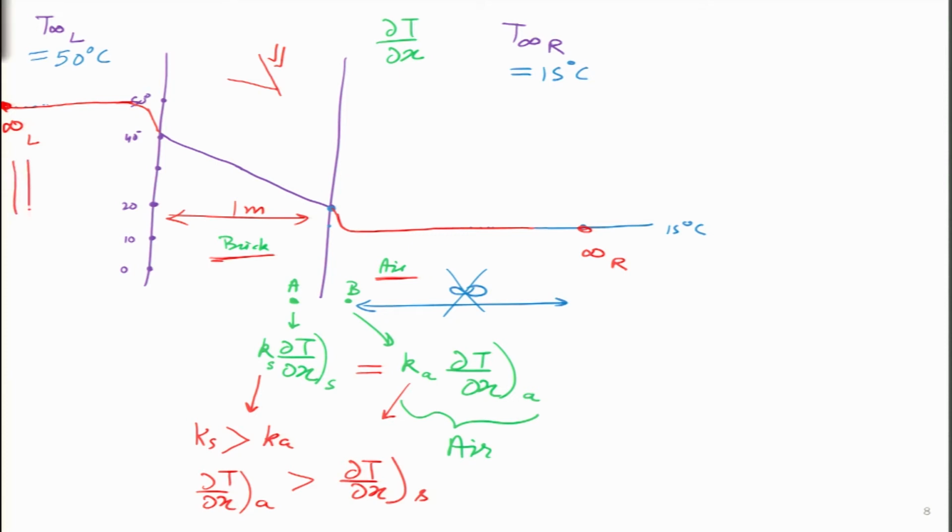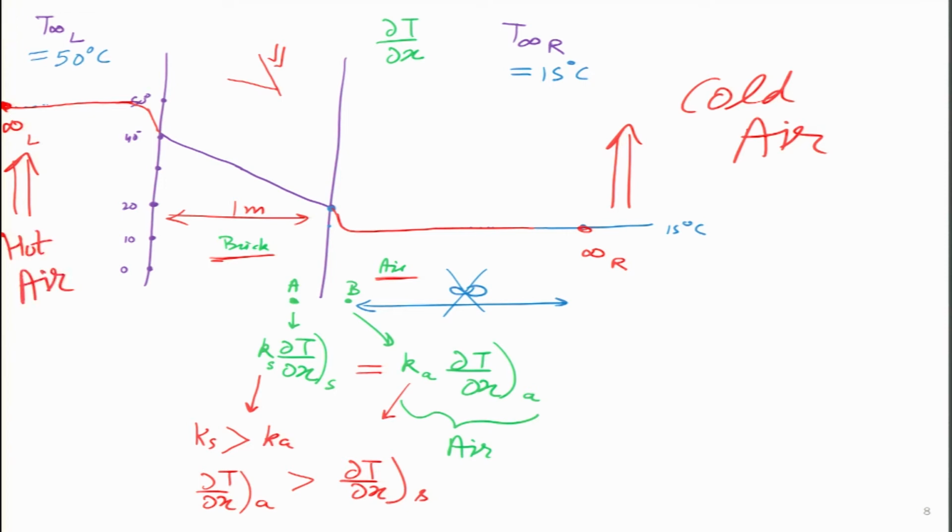which means that this is the convection of air taking place over here, and the convection of air on this side. You remember this was the cold air on this side and the hot air on this side. So, heat transfer is taking place in this direction. I am showing it with the red arrow, then it is going through conduction, single arrow, this is conduction, this is convection, and then again convection over here.